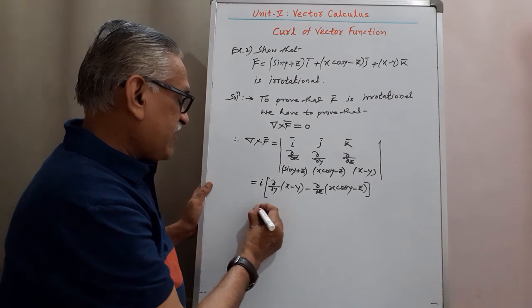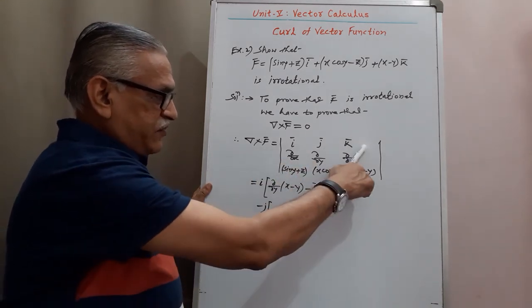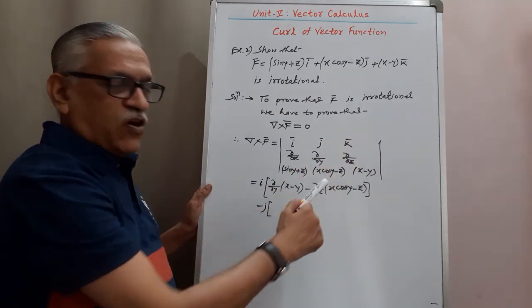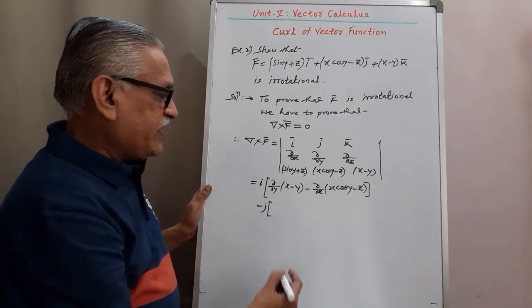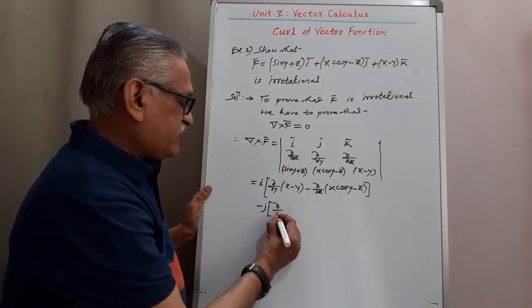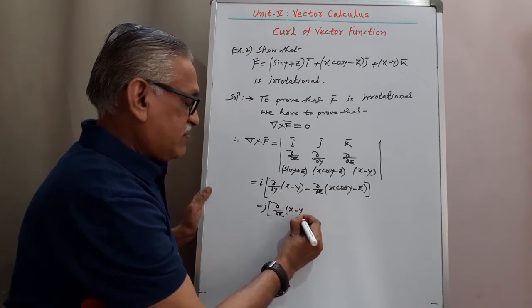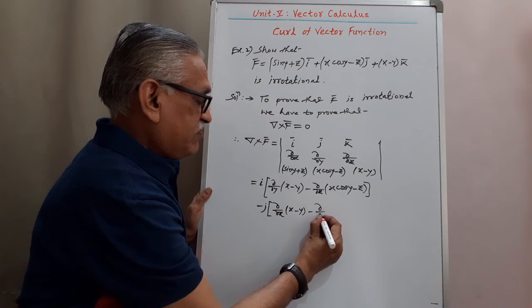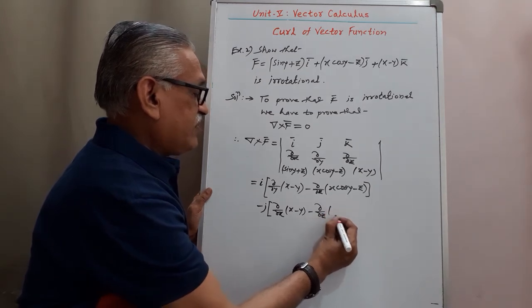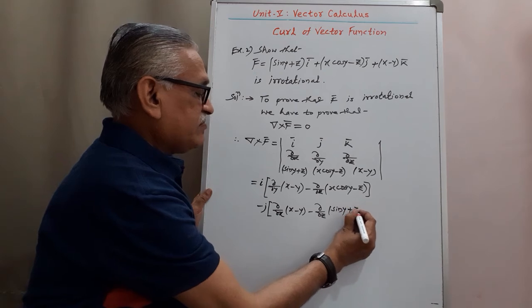Then second one is with minus sign, minus j into, this time neglecting the first row and second column and taking determinant of these four elements, we get ∂/∂x of (x − y) minus ∂/∂z of (sin y + z)